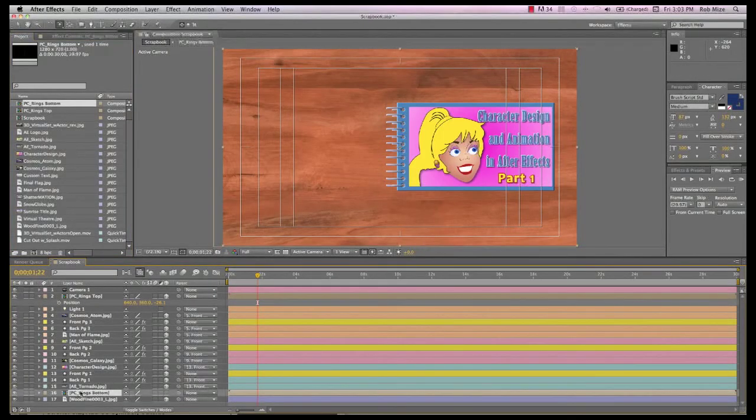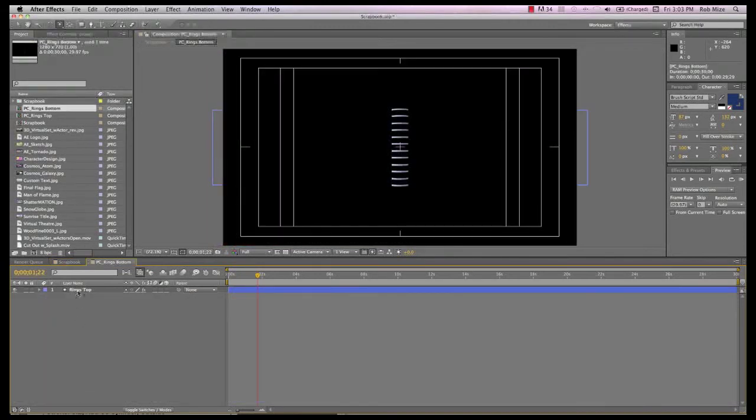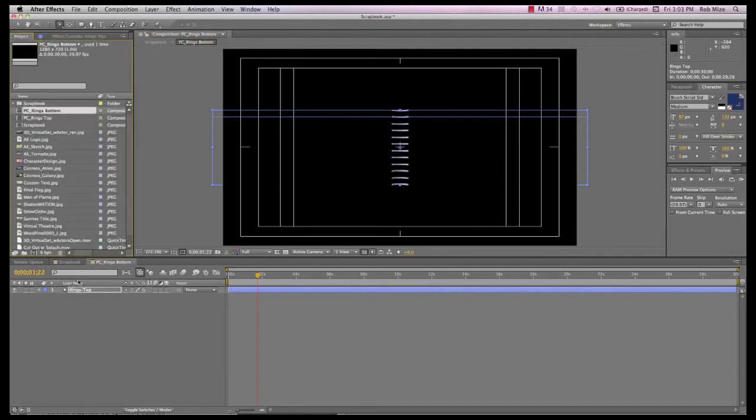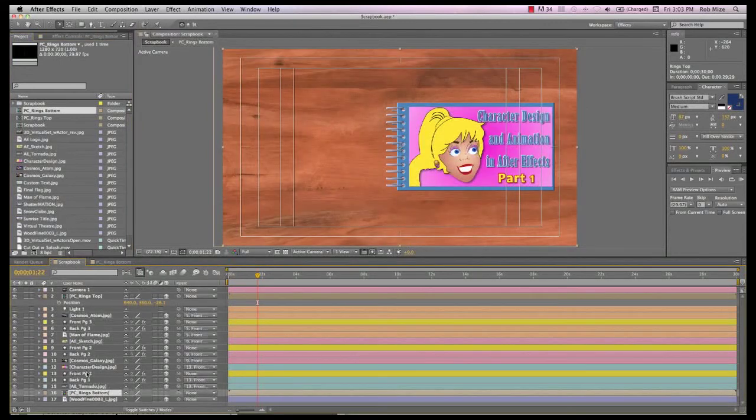And open that up and go to our rings layer and change that to inside. And back to our scrapbook composition. Make that a 3D layer and position it accordingly.